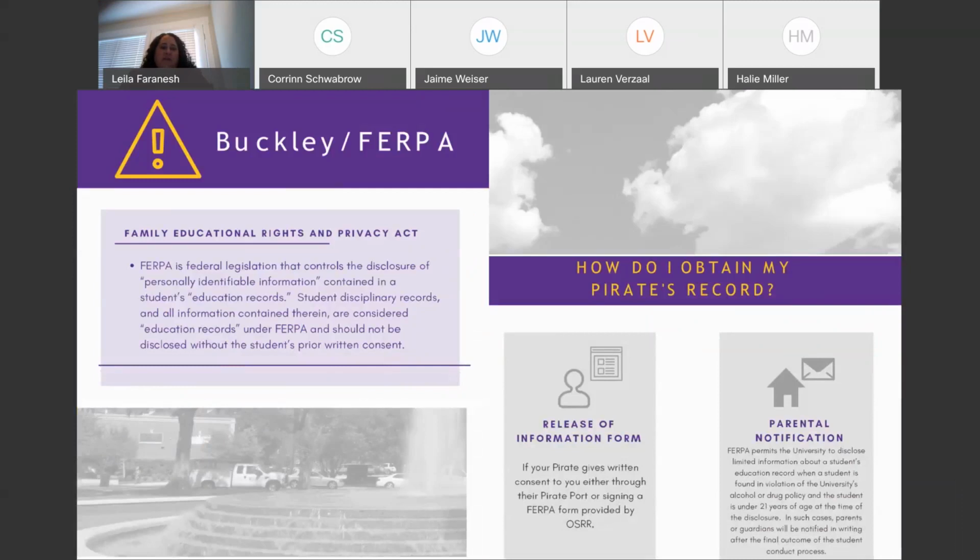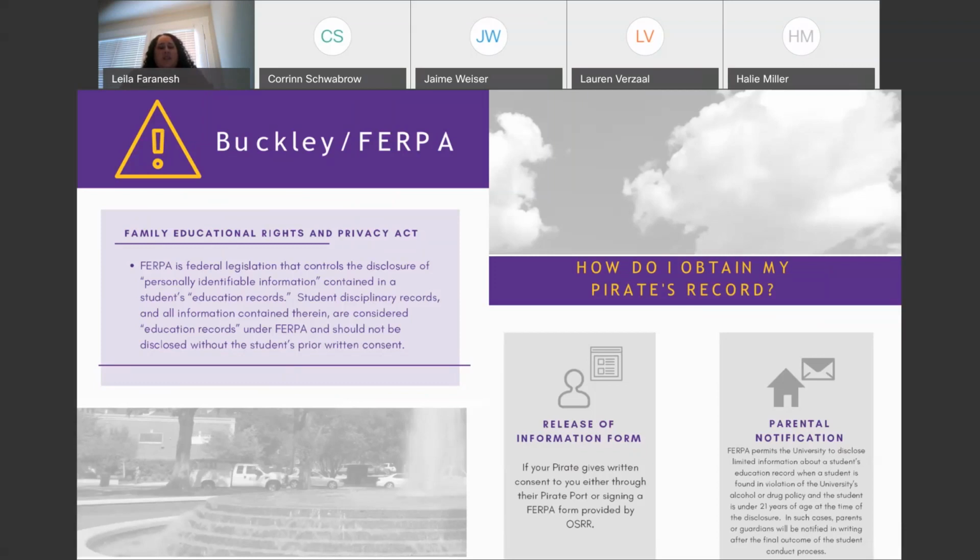Students have rights, and one of their rights is a privacy right. So we do not disclose information or release information to anyone without the student's permission. That includes a parental figure or a guardian or anyone else. And a student can release information to someone, a parent, grandparent, anyone they wish, online through their Pirate Port by filling out the Buckley form. And that will allow us to have a conversation